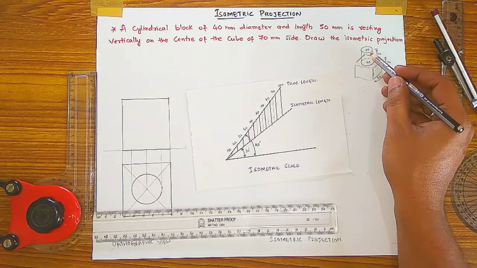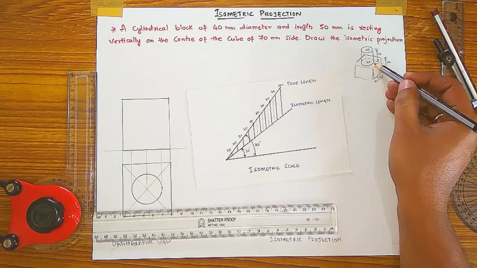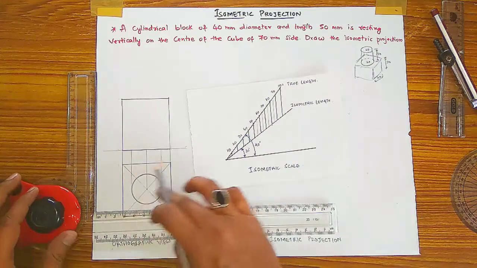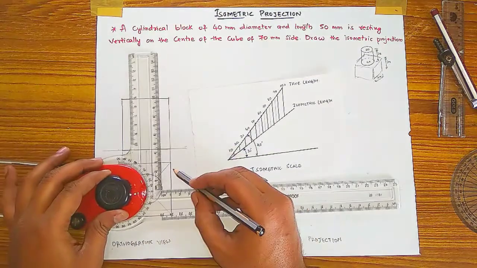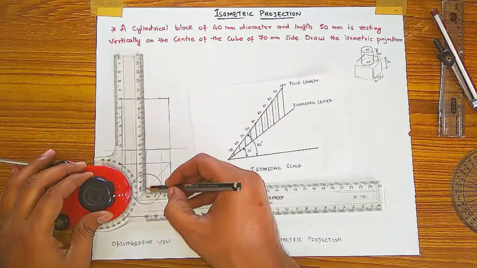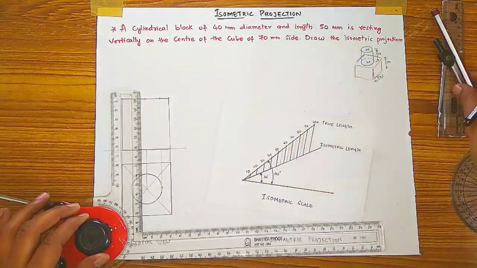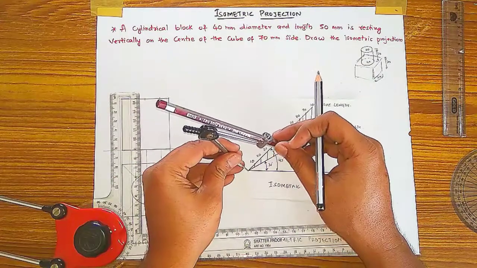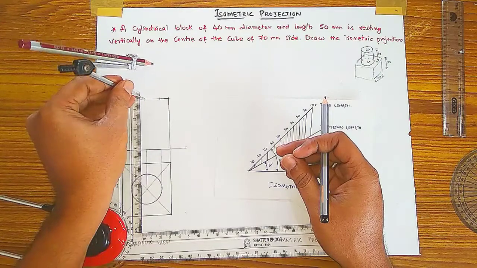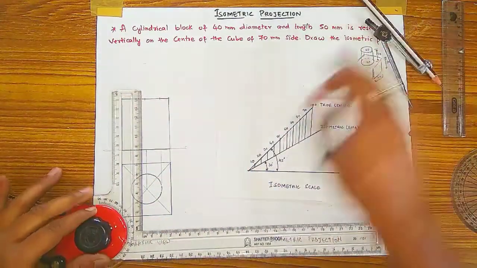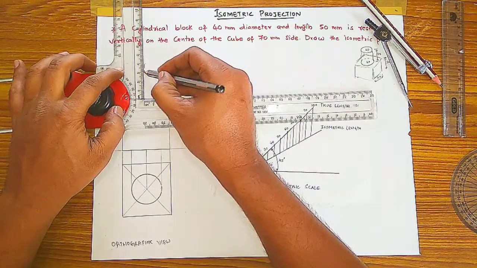the cylinder is visible. The cylinder is resting. To draw the cylinder of 40 mm, its width is 40 mm and height is 50 mm. Already the 40 mm isometric length we took. So from the cylinder end, draw a line like this here and here, with the center point, and also to draw the axis height. Axis height is 50 mm. So the isometric length of 50 mm will be this much, and keep your divider at the center of the line and draw it. You will get the height of the cylinder. So draw the axis line.